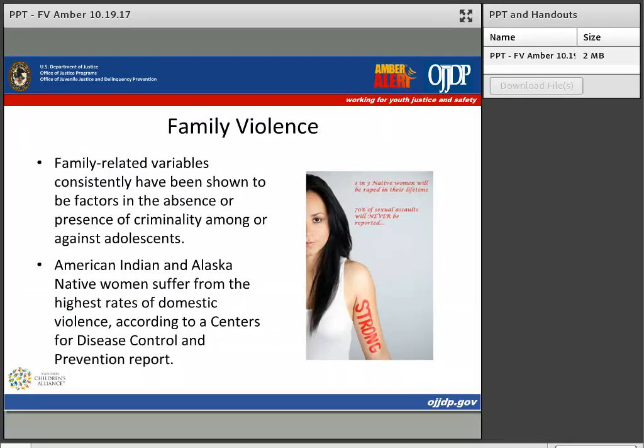It's a challenge that we face all the time, getting good statistical data on the rate of victimization, on the rate of sexual assault, on the rate of missing children. All of these things are challenges that your MDT will face when working with these communities. We know from studies that family-related variables are shown to be factors in the community, in criminality and the activities of youth. And with these high rates of domestic violence, all of this is impacting the children that you're going